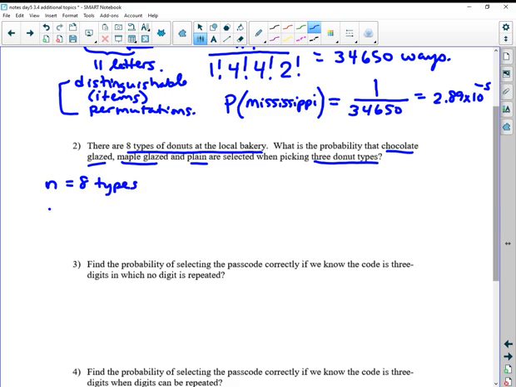We want to pick 3. Once we've picked one of the types, we're not going to go back in and be able to pick that same type again. So we have one of each donut. So there's no replacement